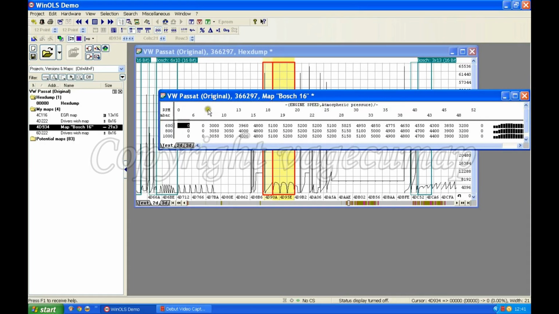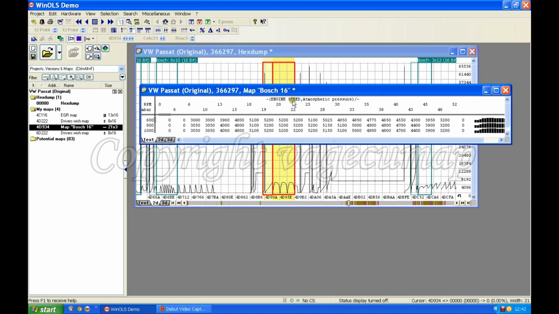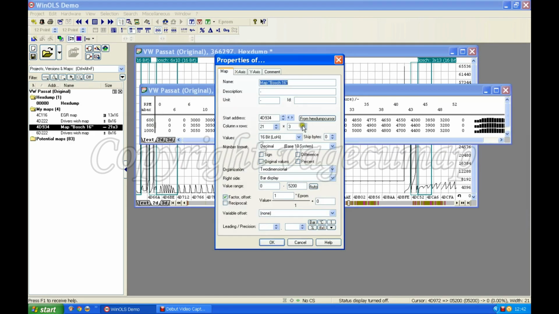Right, we've got the data. We know what it's called, so what we'll do is just double click on there. That'll give us a chance to change the name. Now, lots of people call it the torque map. I prefer to call it the torque limit map or torque limiting map. The description of the map,